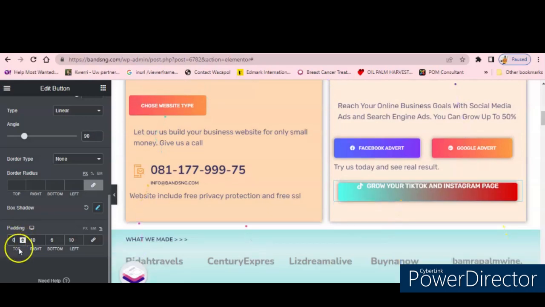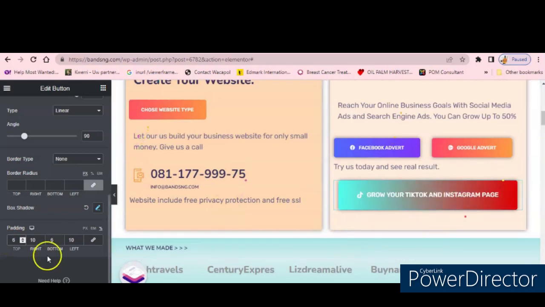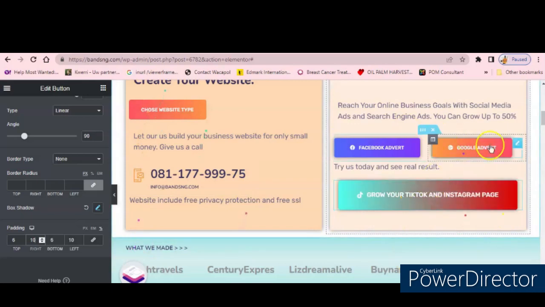If you have 6 here, it varies depending on the size you want for your button. And if you remove this, you see what happens to that side. So you can just put 10 here, and that's it. You have a very flashy button that you can use to make your